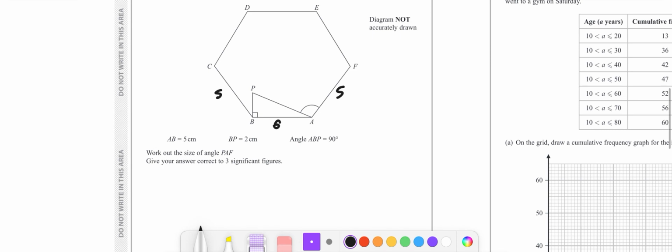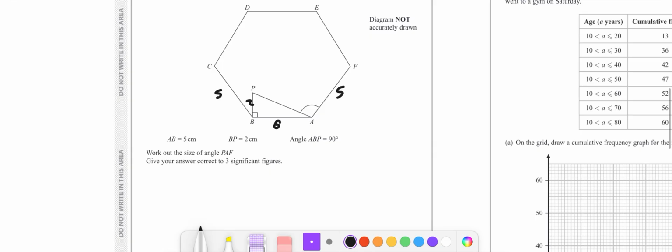PAF, we would work out that angle. B is 90, BP is 2. Okay, so if that is 2,